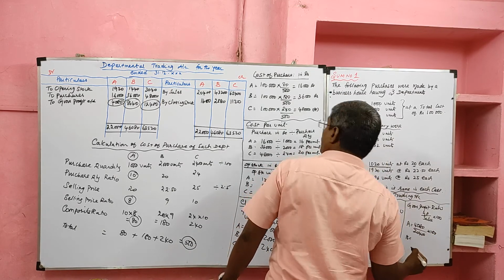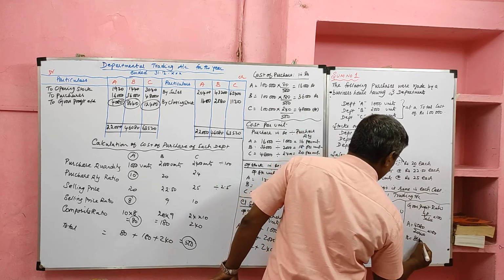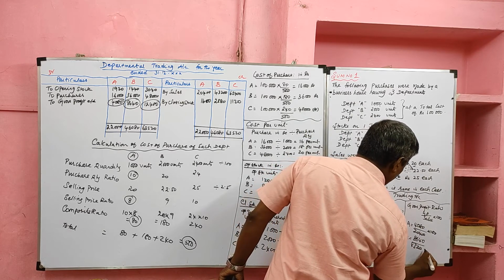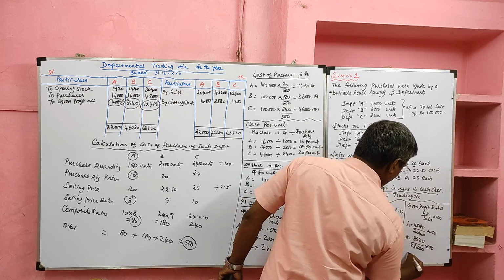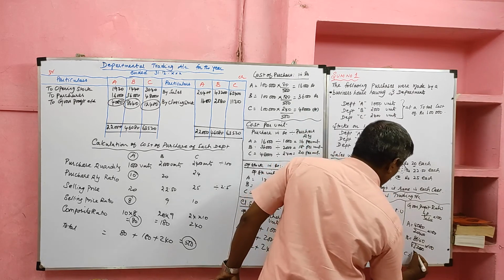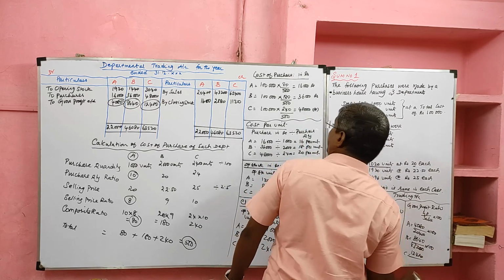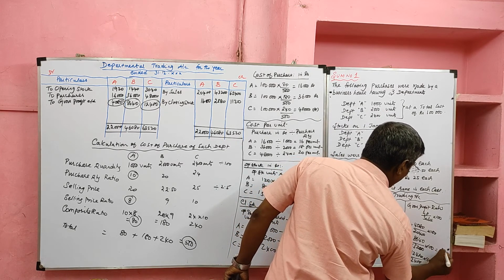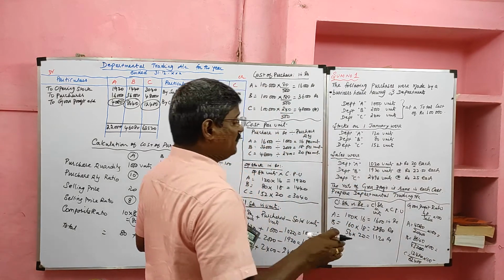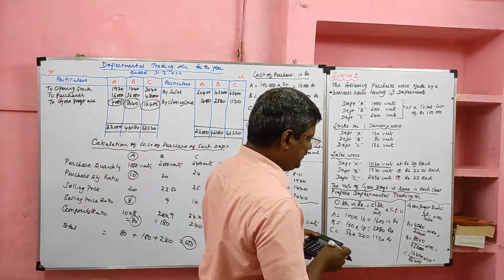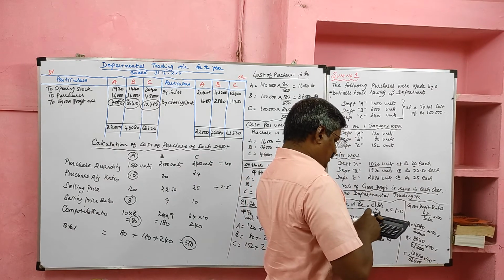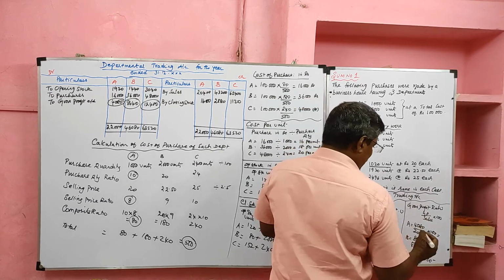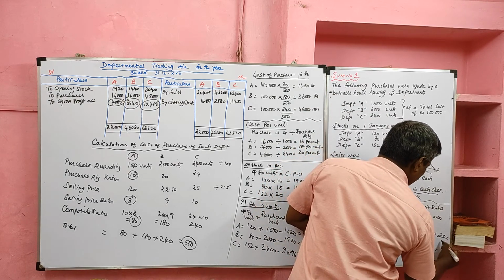For department B, the gross profit is 8,640, department B sales 43,200 into 100. For department C, the gross profit is 12,480 divided by its sales 62,400 into 100. We have to find this because the problem says the rate of gross profit is same in all departments. Yes, we have to recheck this. So for department A, gross profit 4,080 divided by sales 20,400 into 100. So for department A, the gross profit percentage is 20%.